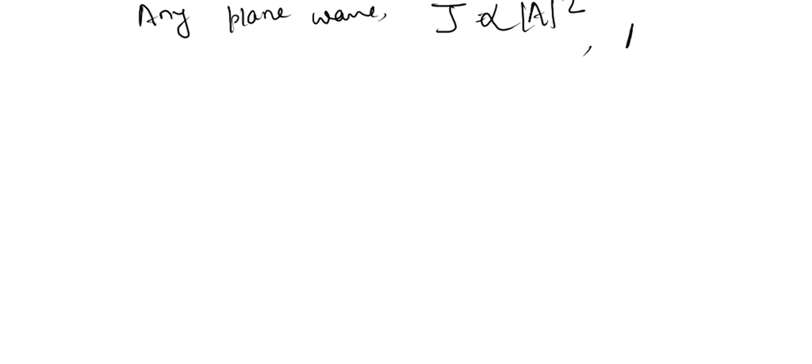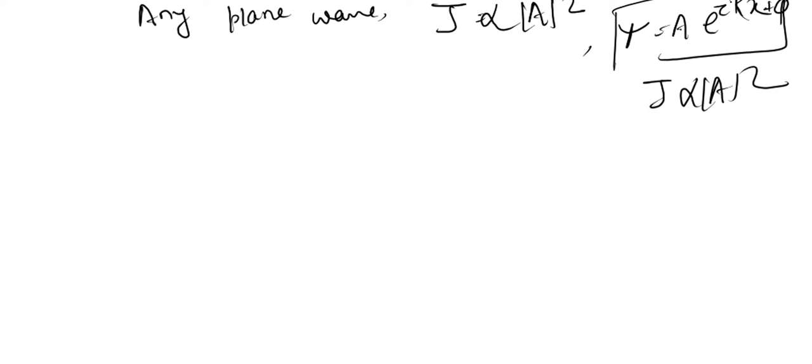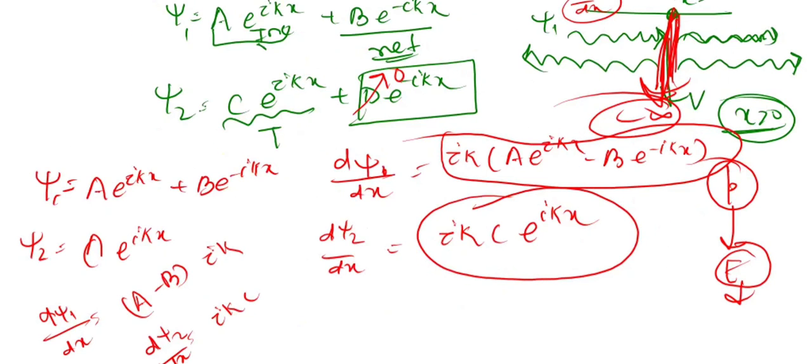Now for any plane wave, the quantum mechanical probability current density J is directly proportional to mod a square. If psi is equal to some constant a into e to the power i(kx plus phi), then J is directly proportional to mod a square. You can prove this easily by operating with the probability current operator on psi, and we will get that J is directly proportional to mod a square. So the reflection and transmission coefficient is defined through J transmitted, J reflected and J incident, and in the figure we clearly find that